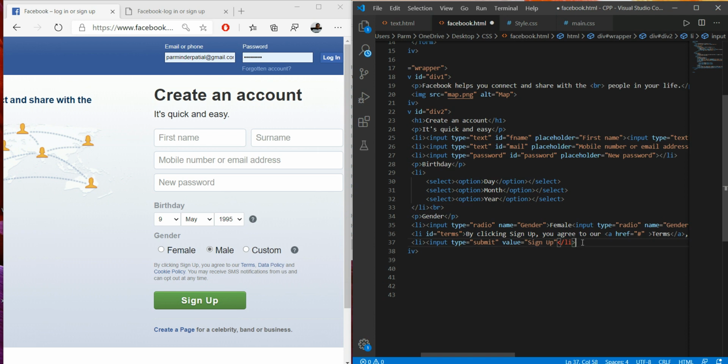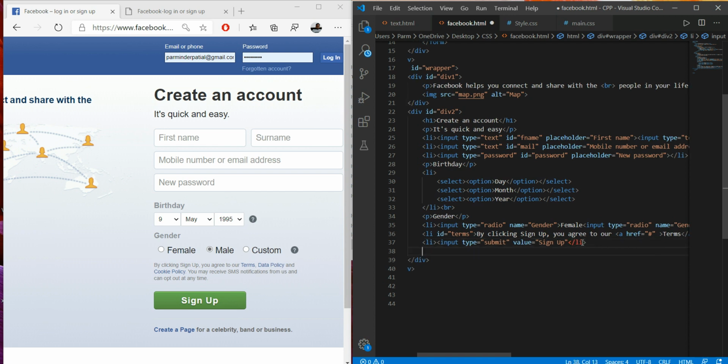Okay, and one more line we have to add over here, align, and here we just have to create an anchor.